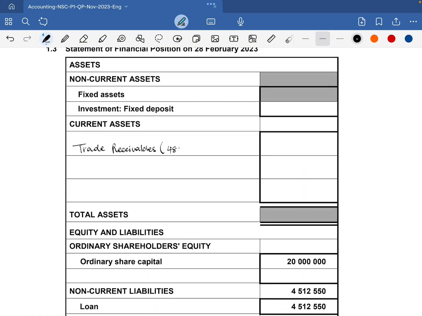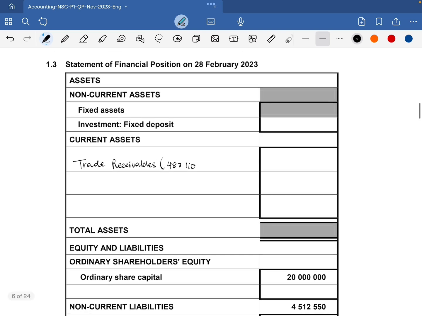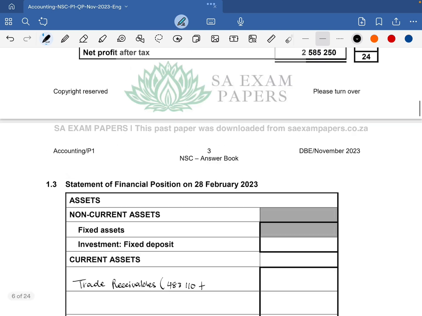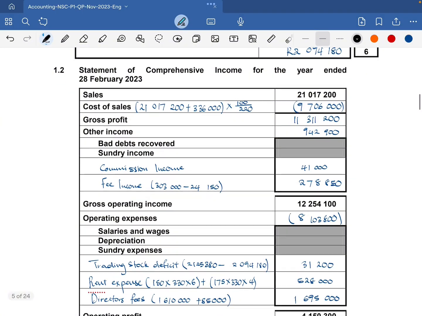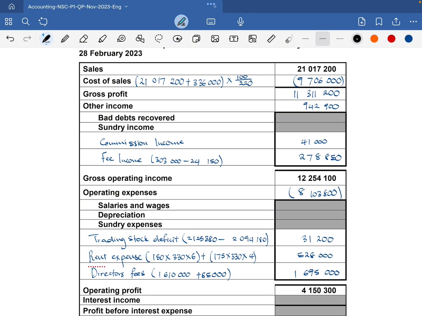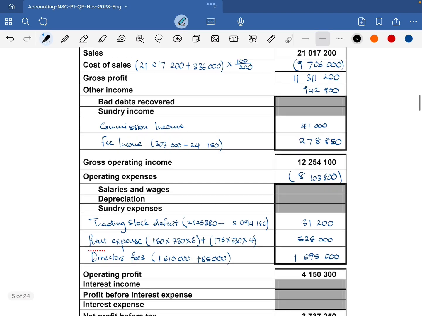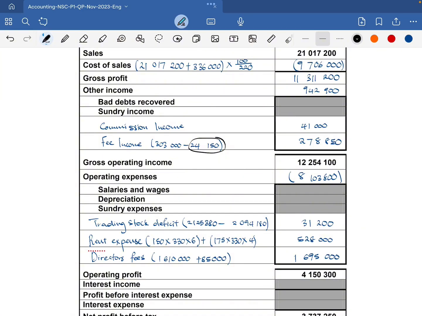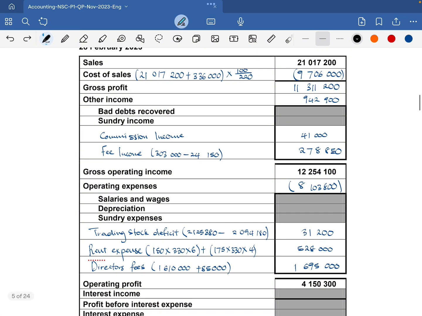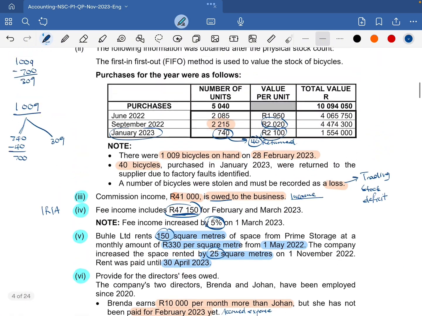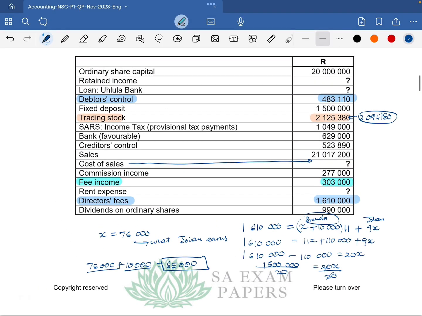So it's 483,110. And then we are going to add any accrued income or expenses that were prepaid. So we know that we prepaid the fee income. You can just refer to the statement of comprehensive income. So other income that we have received in advance goes to our payables. Okay, then commission income is not supposed to be 41,000 here, because it's supposed to be 41,000 here plus an amount that we have to add from our